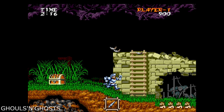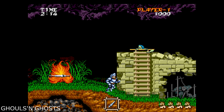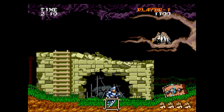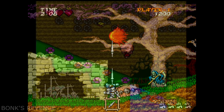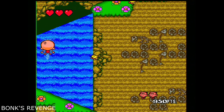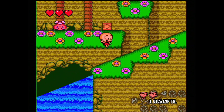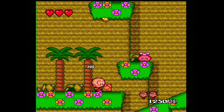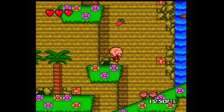This will give us a home port of 1941 Counterattack and Ghouls and Ghosts to our lineup, as well as a few exclusives in the way of Aldynes and Gradius. Our big summer game will be Bonk's Revenge, and we will release it the same day Sonic releases in the US. Along with the heavily advertised standalone version for those that already own a TurboGrafx, it will again become our